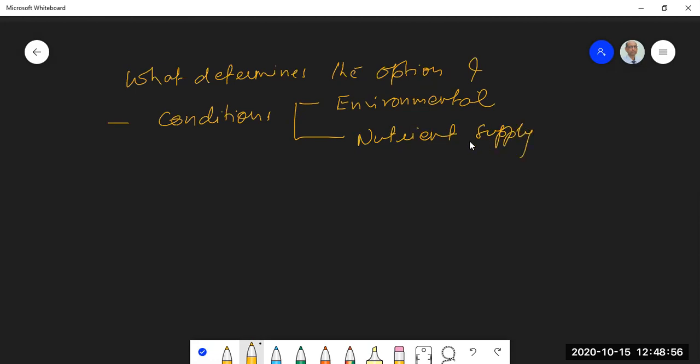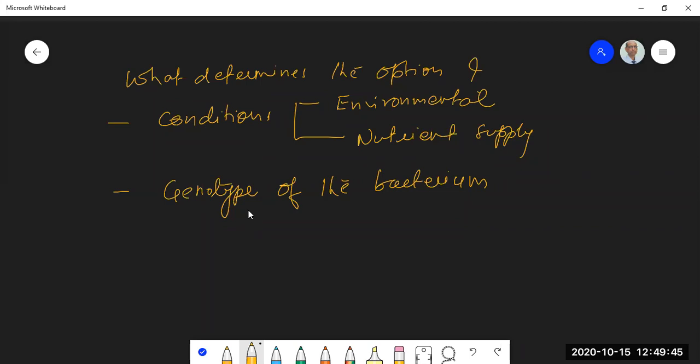Obviously, when environmental conditions as well as nutrient supply are good, then one would expect the bacteriophage, or for that matter any organism, to perpetuate itself, to increase its population. So probably that law may be applicable here also. We really do not know. This is sort of a guess. And the second one is the genotype of the bacterium. So these two things will decide